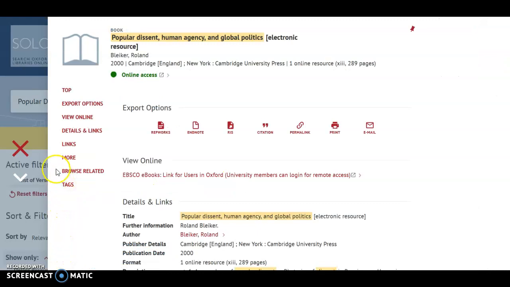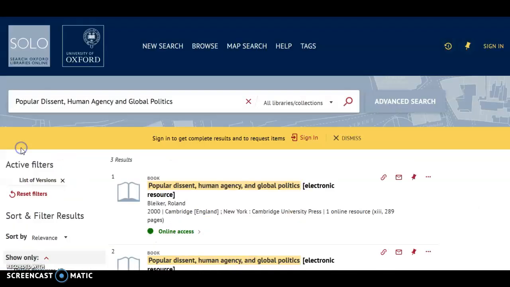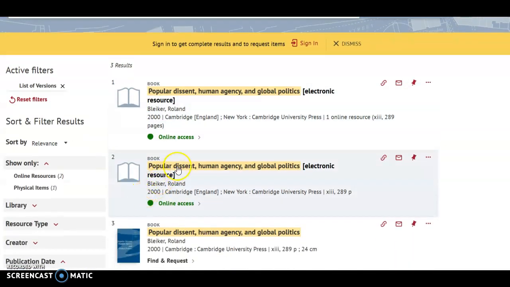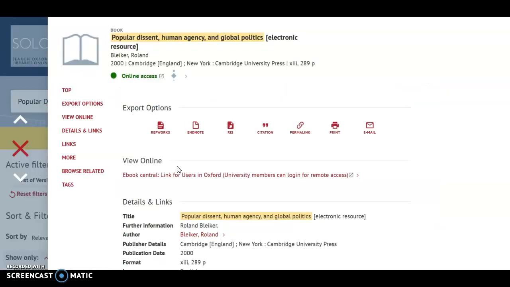So I've gone back to Solo and I'm going to look at the other ebook. So I click on the title of the second ebook, and we see this is an ebook central model. This is provided through ProQuest. So if we open that in a new tab,